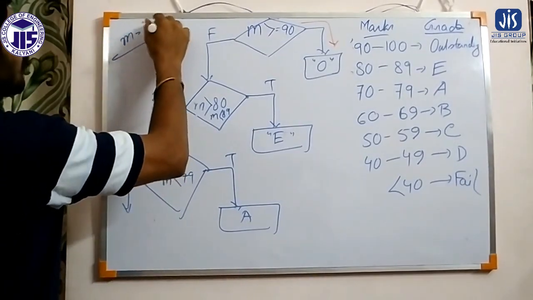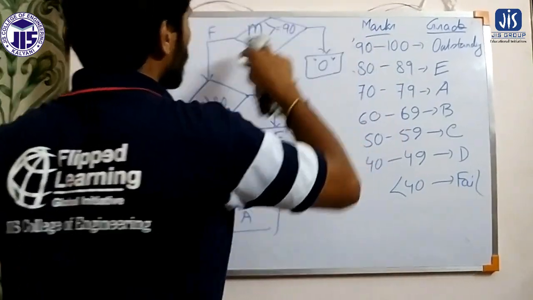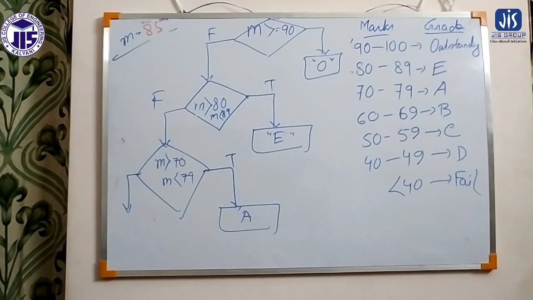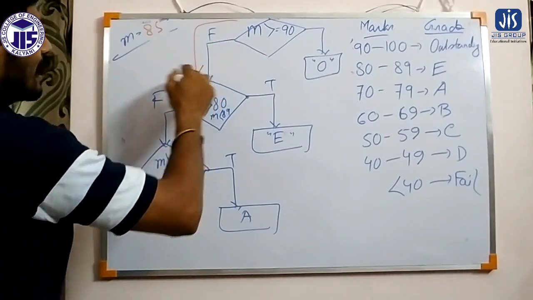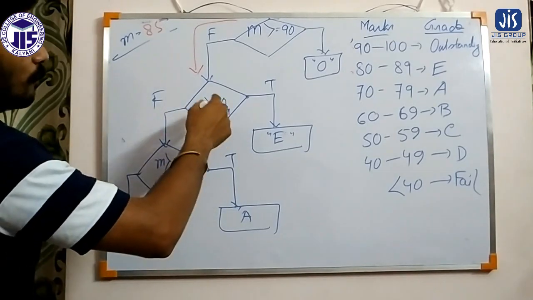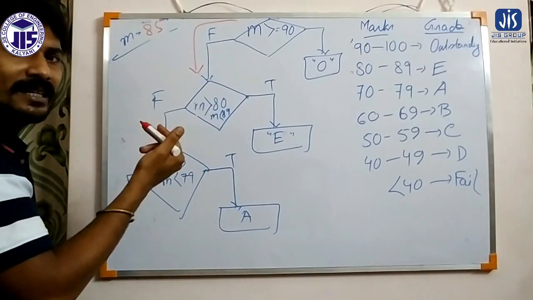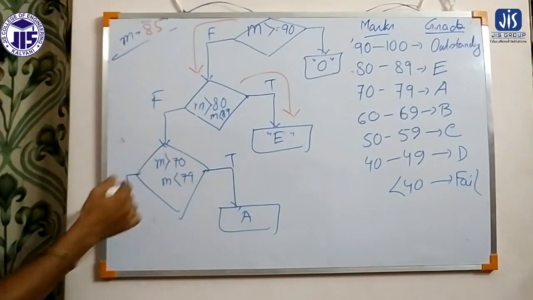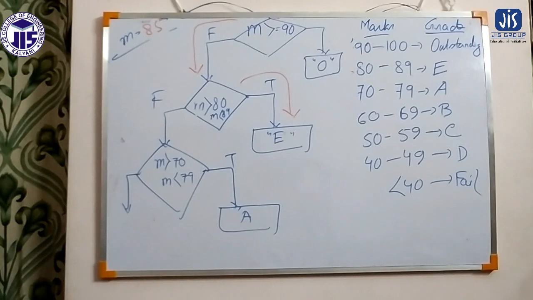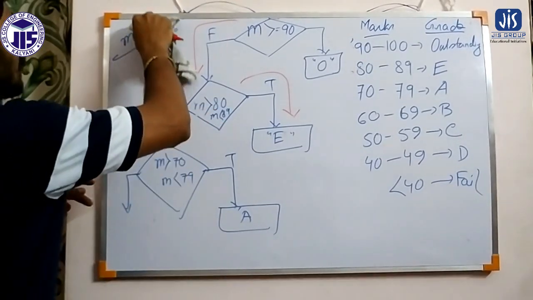And if it is 85, the first condition, whether marks is greater than or equal to 90 or not, will be false, and it will come to the second condition. Now the second condition will be true, that means 85 is greater than 80 and less than 89, so it will print E. The following ranges will not at all be checked because this condition has become true. And if it is 75,